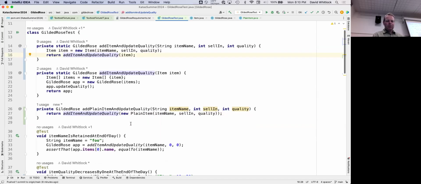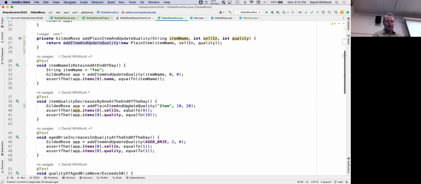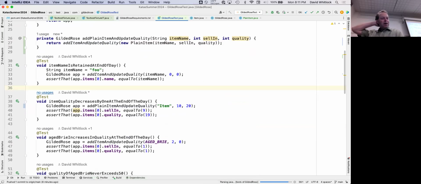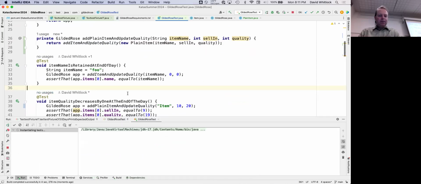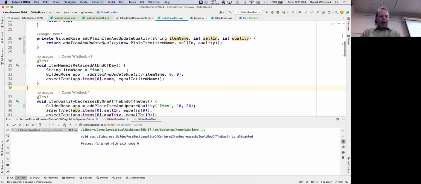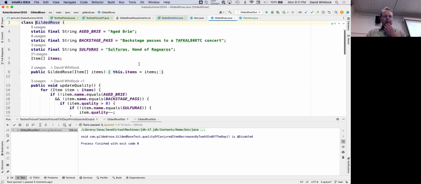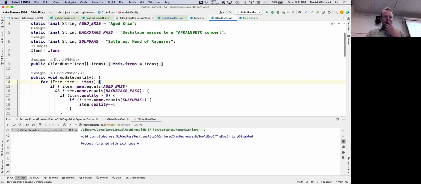Okay, so let's see here. I'm going to run this again, and I expect it to fail because I don't do anything interesting. Actually, maybe not, I think it will pass because I don't have any special logic there. But here's what I'm going to do. Where's Gilded Rose? Gilded Rose. So here, I'm going to say the following.